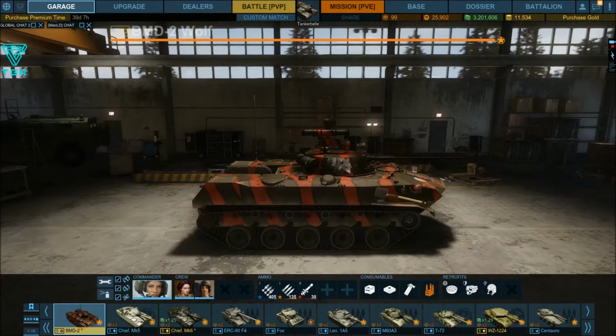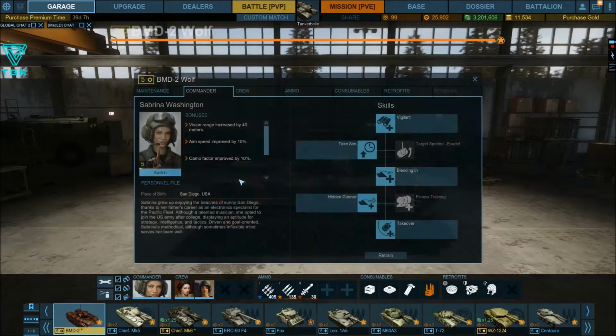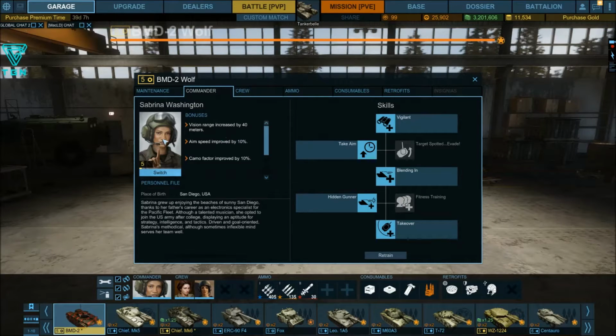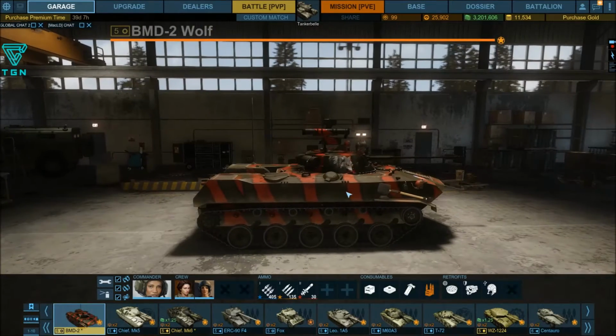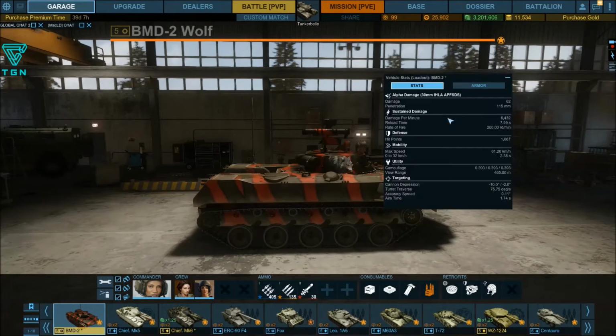So for my crew, what I've done here is I've got Sabrina Washington, my scout commander, in the vehicle. She has additional high view range, good aim speed, reduces my shooting penalty, and also increases my camo factor on this. This is actually a really small vehicle. Let's talk about that for a second. This is actually a pretty small vehicle, and